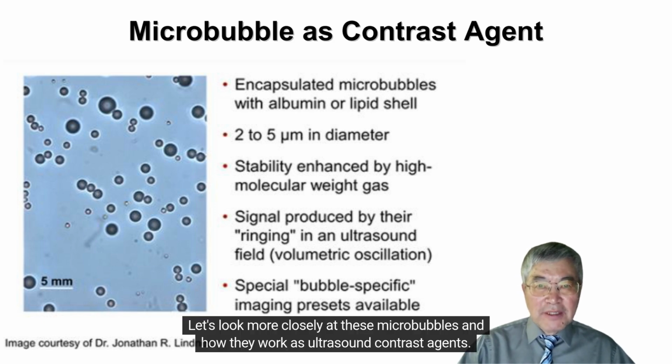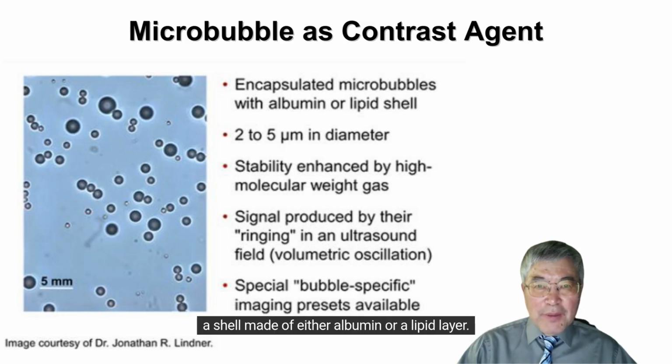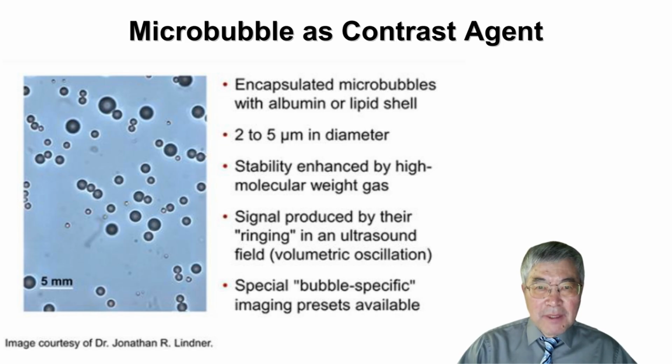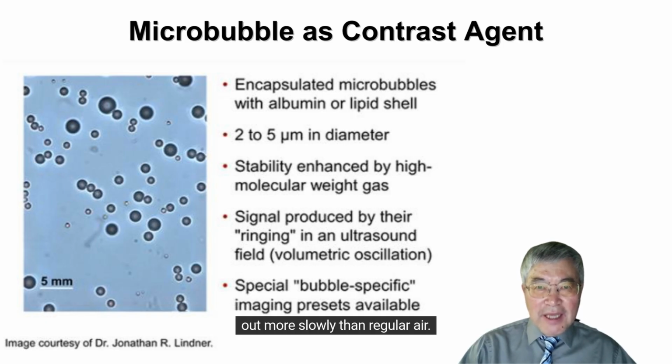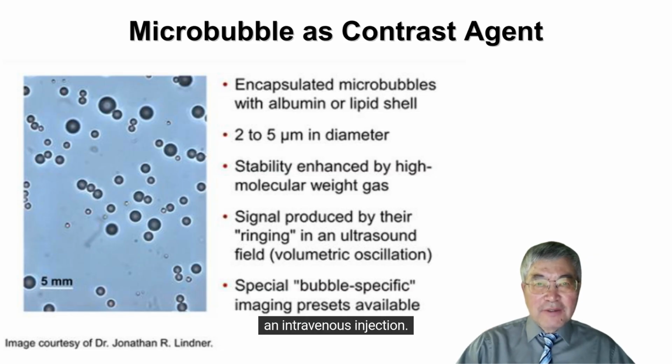Let's look more closely at these microbubbles and how they work as ultrasound contrast agents. Microbubbles are very small, typically 2 to 5 micrometers in diameter, and are encapsulated by a shell made of either albumin or a lipid layer. This shell makes them stable enough to circulate through the bloodstream without immediately collapsing. Their stability can be further enhanced by filling them with a high molecular weight gas, which diffuses out more slowly than regular air. These microbubbles are produced outside the human body and then introduced into the bloodstream through an intravenous